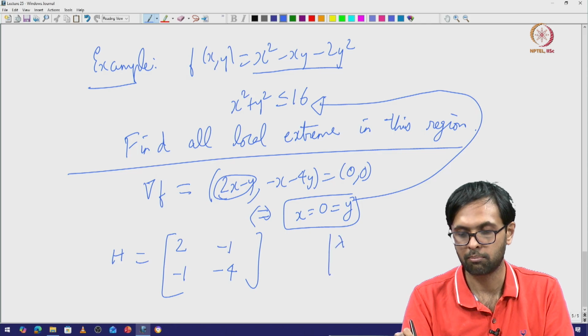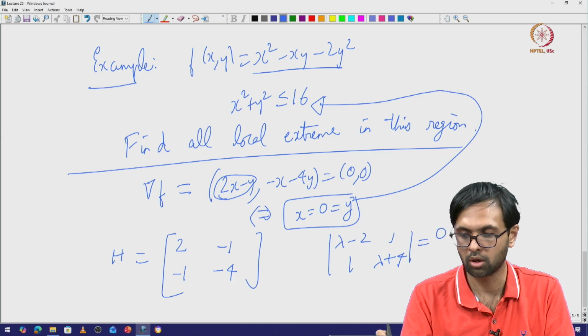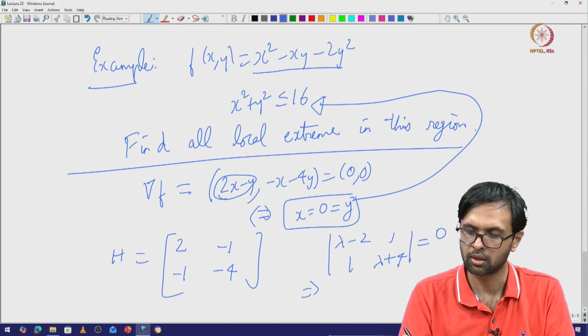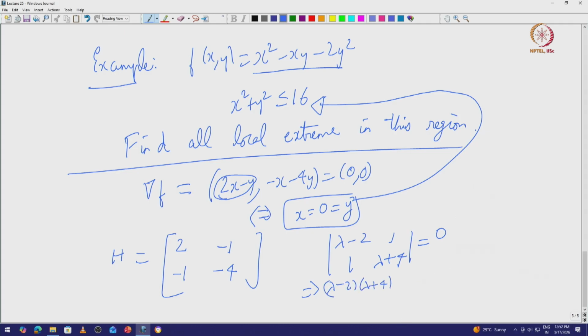You can take the determinant of (lambda - 2), (lambda + 4), 1, 1, and you want this to be 0, which means (lambda - 2)(lambda + 4) - 1 is 0,